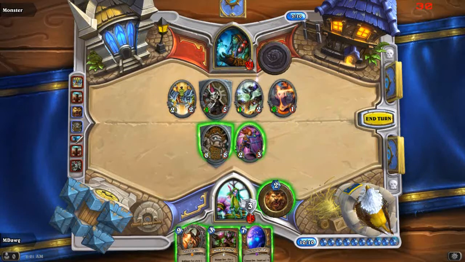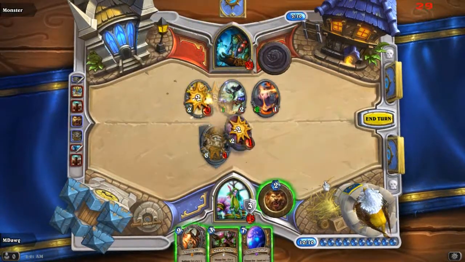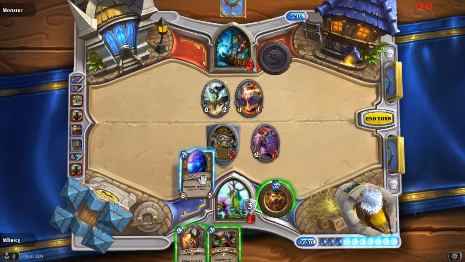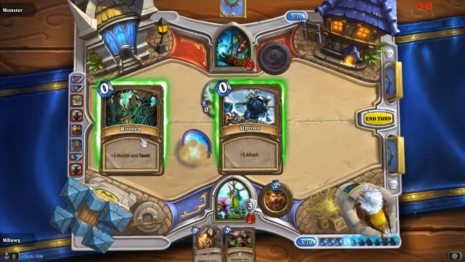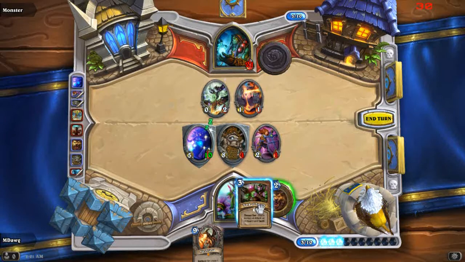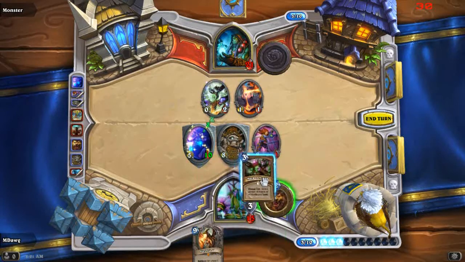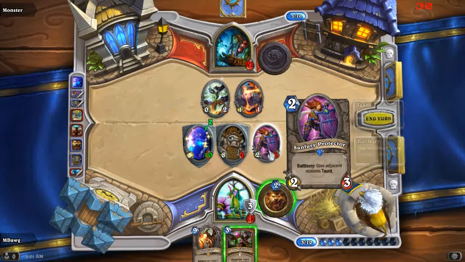The riches we have right now. What do we want to do? Alright. If we give this attack, he'd have to deal with it. If we give this health and taunt,